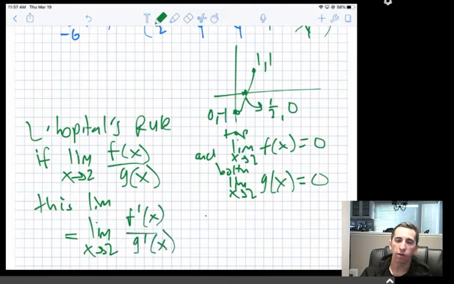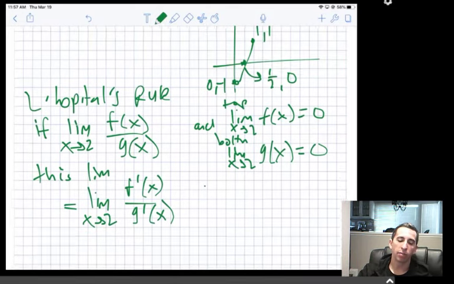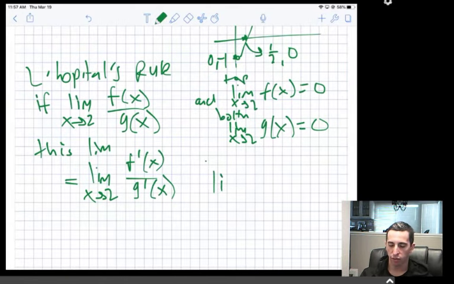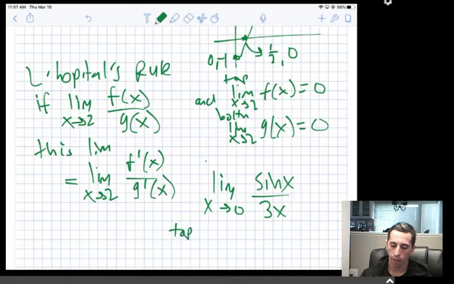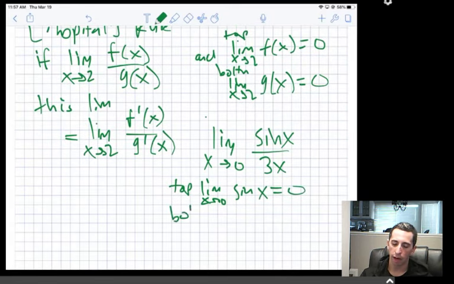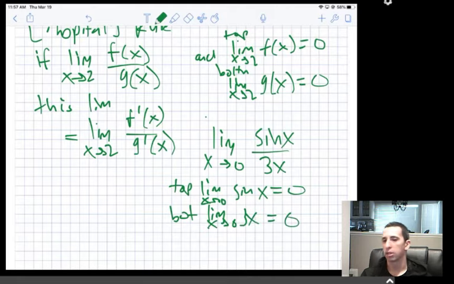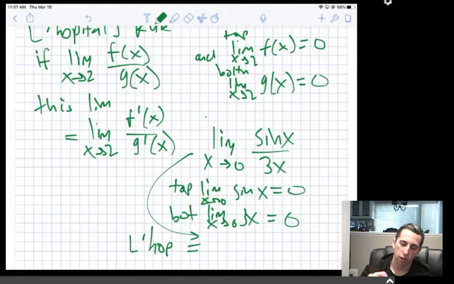So it's just saying you need to take the derivative on top, take the derivative on bottom individually, and then plug in. So for an example, what is the limit as x goes to 0 of sine of x over 3x? If you look at the top, the limit as x goes to 0 of sine x, you get sine of 0, which is 0. If you take the bottom limit, x goes to 0 of 3x, you also get 0. So by L'Hopital, this limit is equivalent to